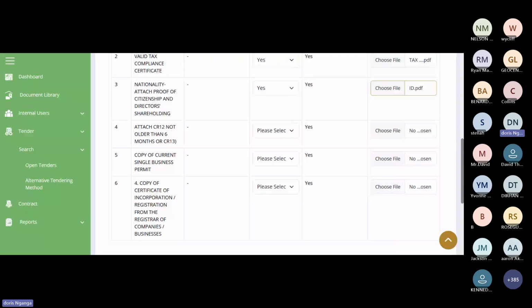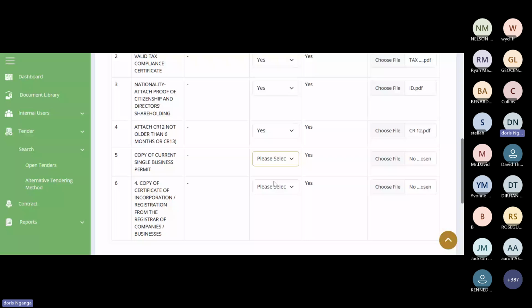The fourth item the procuring entity has requested for is attach CR12, not older than 6 months, or CR13 in case of sole proprietorship. So you come, you say, yes, I do have that document, and I upload it. The fifth item required by the procuring entity is a copy of the current business permit. If you have it, you'll come and say yes.